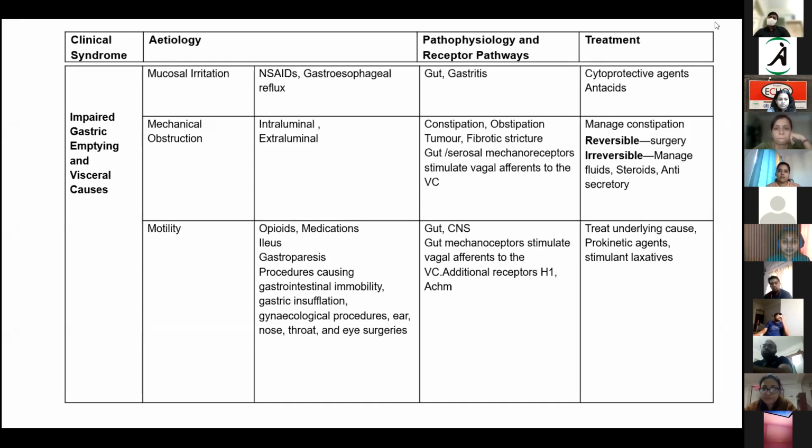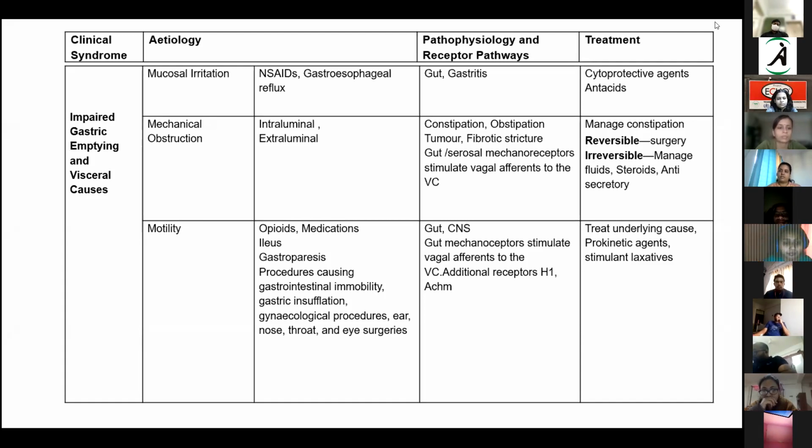Mechanical obstruction, as we know, could be either extraluminal or intraluminal, based upon the causes. Mainly, if it is constipation induced, manage that. Suppose it is bowel obstruction induced, and it's a single level of bowel obstruction, possibly reversible, you might go for surgery for a diversion colostomy, and that way avert the particular symptom and the complication that arises. If it's irreversible, like there will be multiple levels of obstruction, and you're not able to do a surgery for this patient, you might manage it by appropriate bowel obstruction management, and manage the fluid intake.